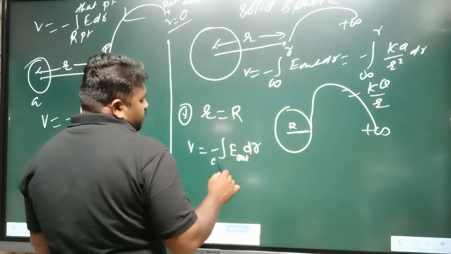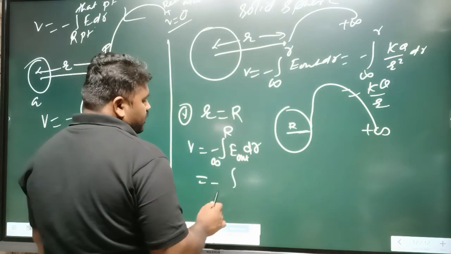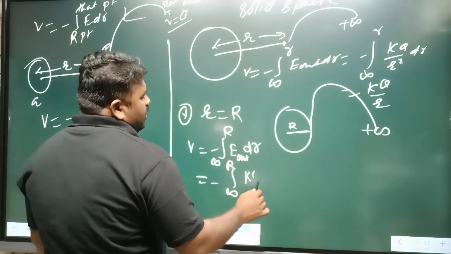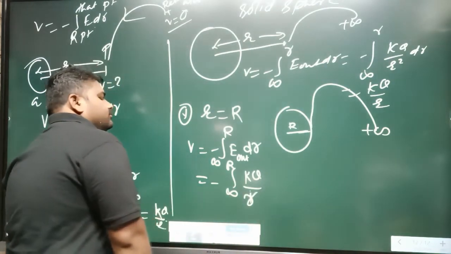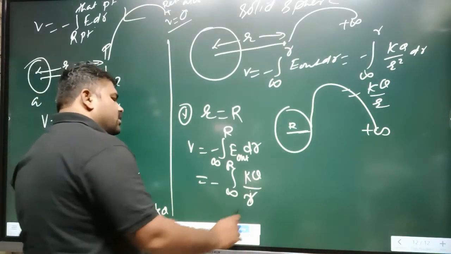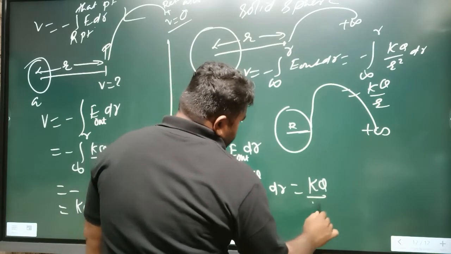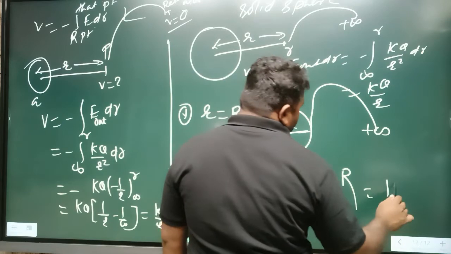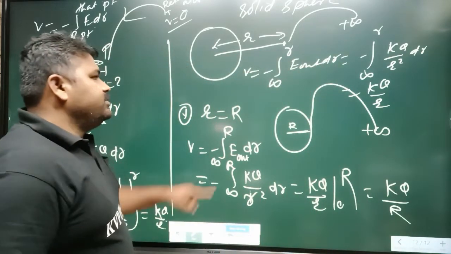Here, infinity to capital R, minus infinity to capital R, E out, KQ upon small r square dr, is equal to how much? KQ upon small r, limit 0 to capital R, KQ upon capital R. Now each and every point